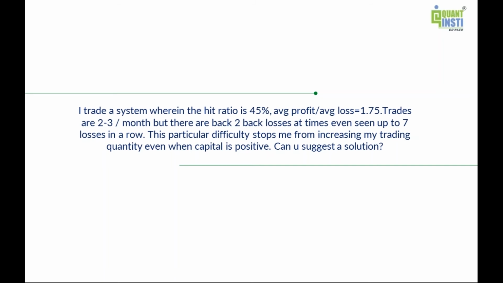and you check how the performance is, in your case how the drawdown is. If the drawdown is too high, then you need to curb a bit of volatility in your strategy, since the risk is probably too high if it is showing back-to-back big losses in the out-of-sample data. So that's something that might help you, and you can get more confident of scaling up your strategy with your positive capital.